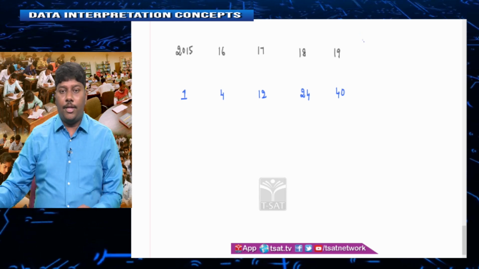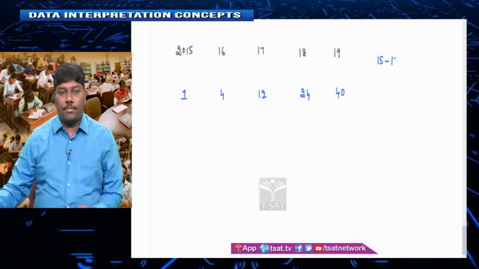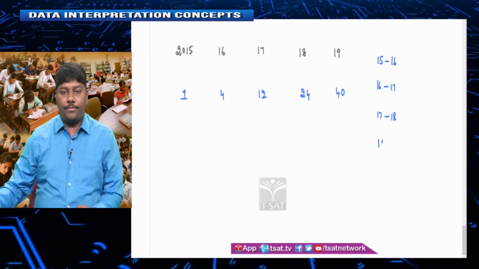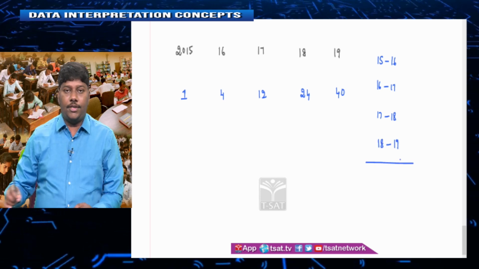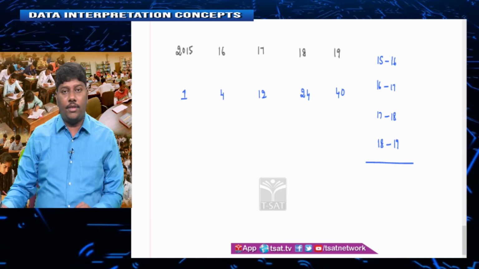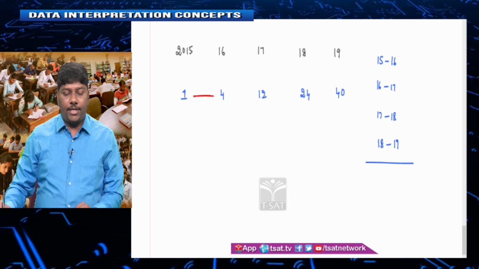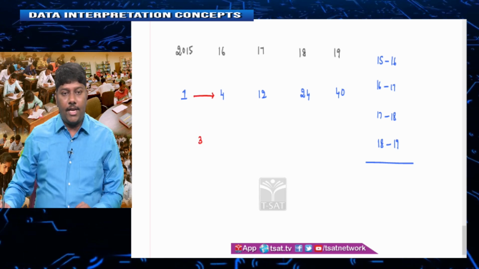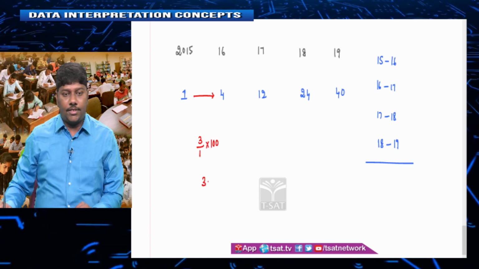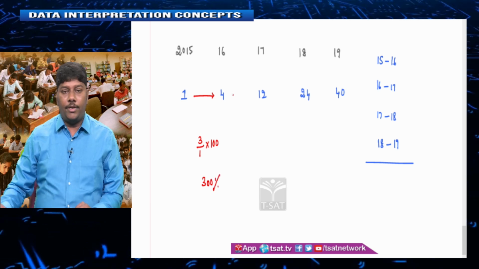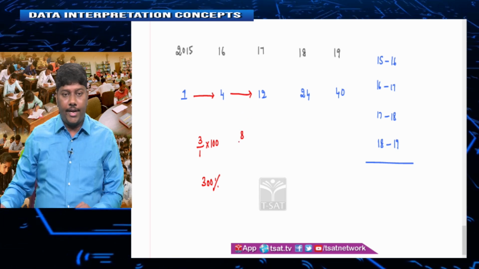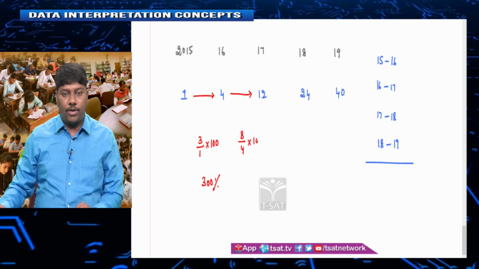Options are what? In between year 15 to 16, 16 to 17, 17 to 18, 18 to 19. In between which two successive years the percentage increase is maximum. Now, here he is asking you the percentage increase, not the value increased. Now, see here how much it is increasing. It is 3 upon 1 into 100. When a number becomes 4 times, the percentage increase is 300%. When a number triples, percentage increase is actually 200%, or else you can take 8 increase upon 4 into 100, that is 200%